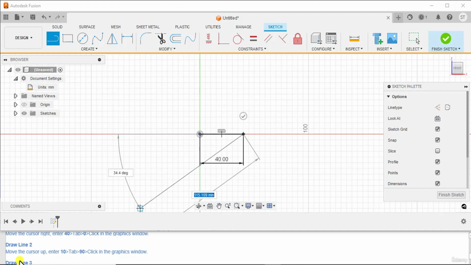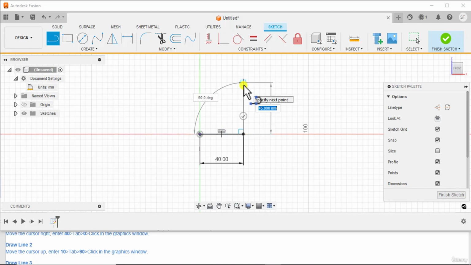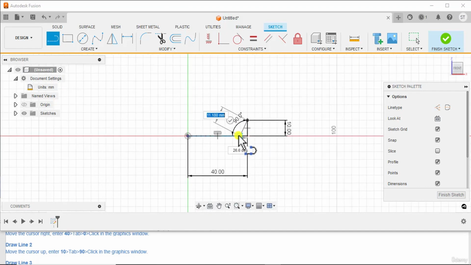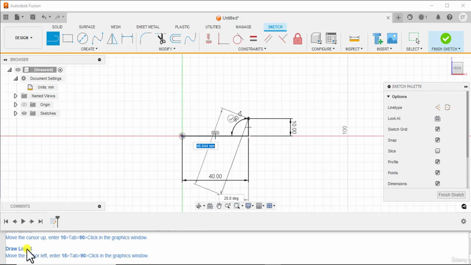Draw line 2: move the cursor up, enter 10, tab 90, and click in the graphics window.